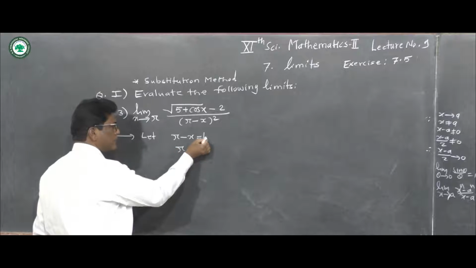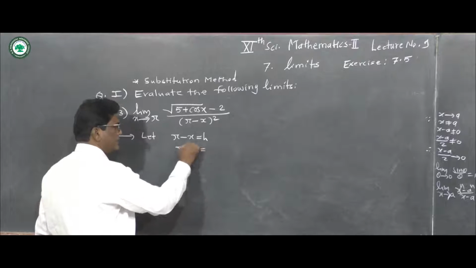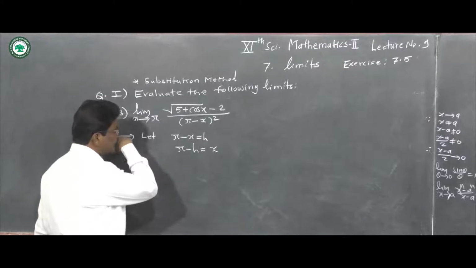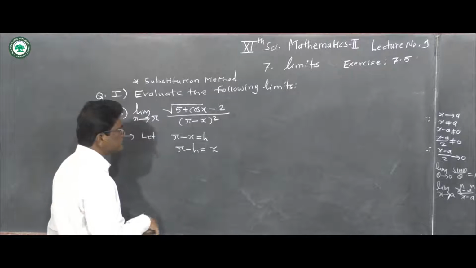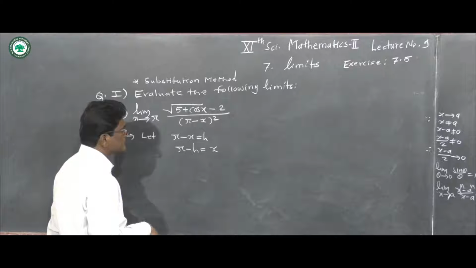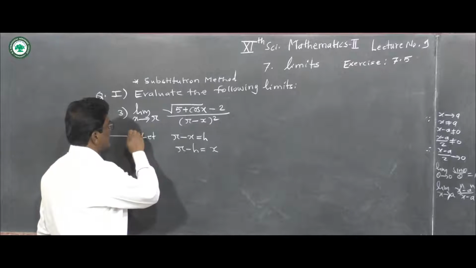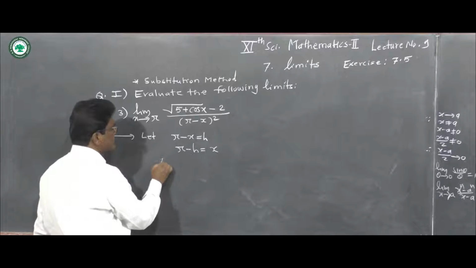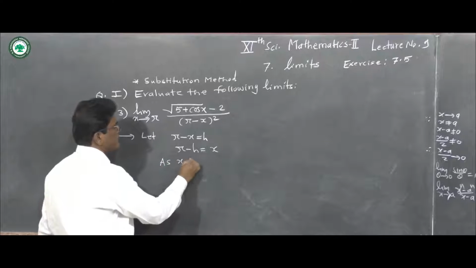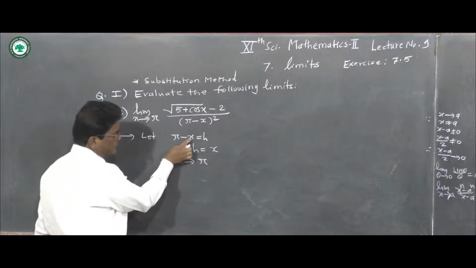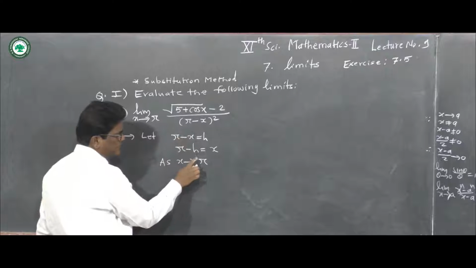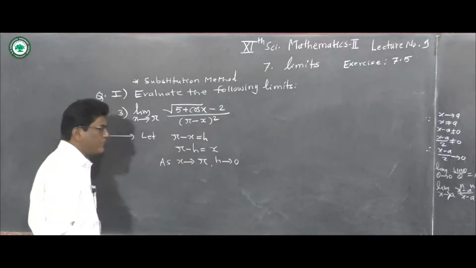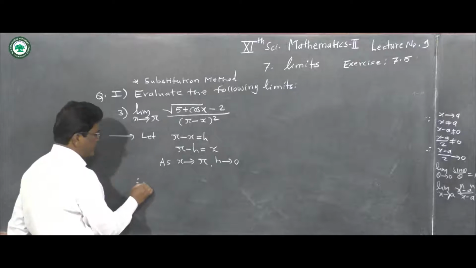So pi minus h is equal to x. Now here as x tends to pi, if we put x as pi, they get cancelled, so h is 0, so h tends to 0. Therefore the required limit is